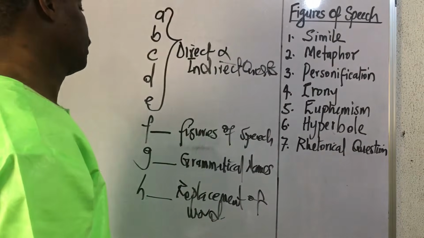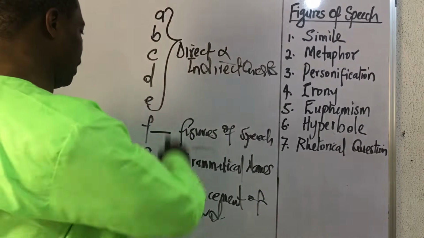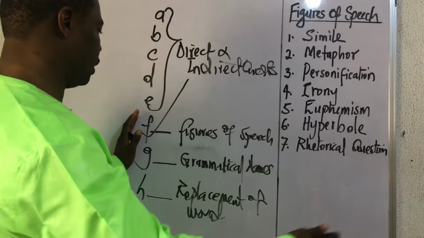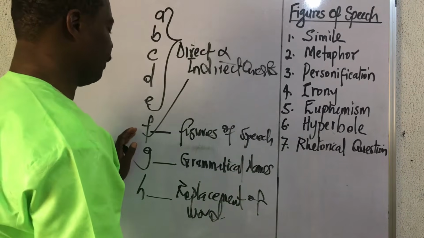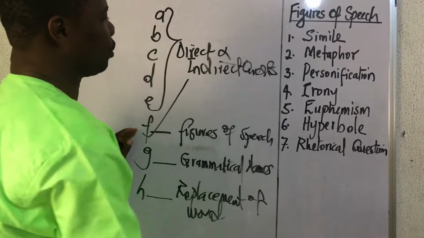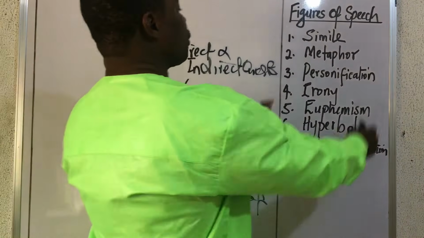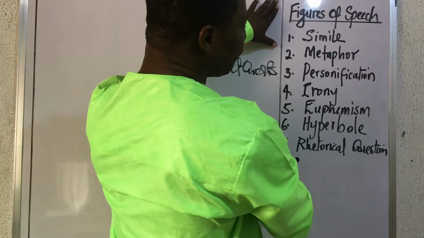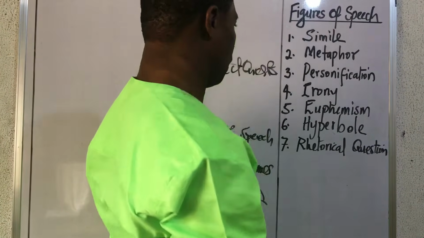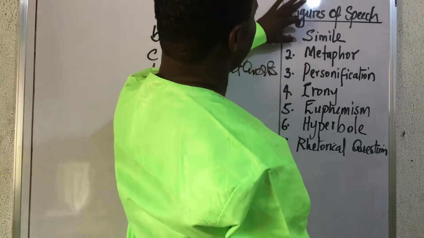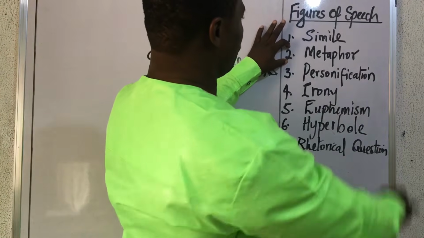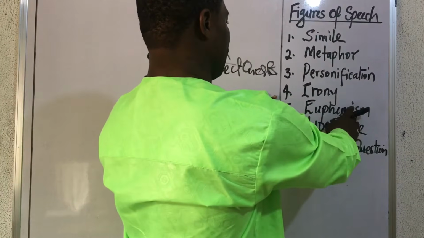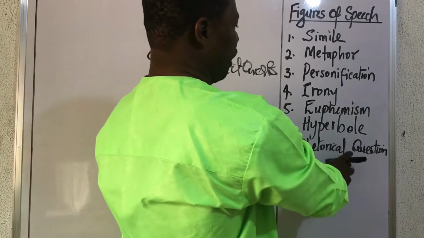Now, in this video today, we shall be looking at figures of speech. And then in our subsequent videos, we shall discuss grammatical names. When talking about figures of speech, there are several of them that WAEC normally set their questions on. The first one is simile, and then the second one is metaphor, and then personification, irony, euphemism, hyperbole, and rhetorical